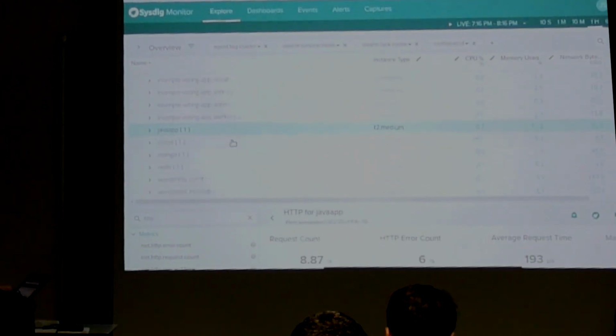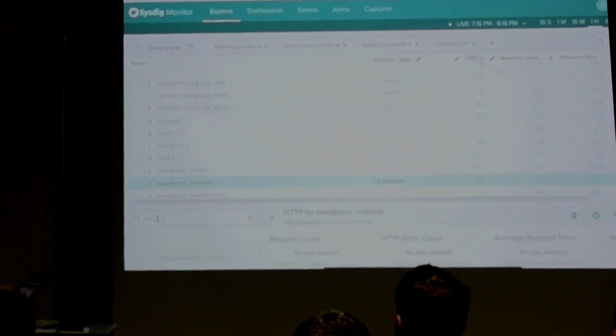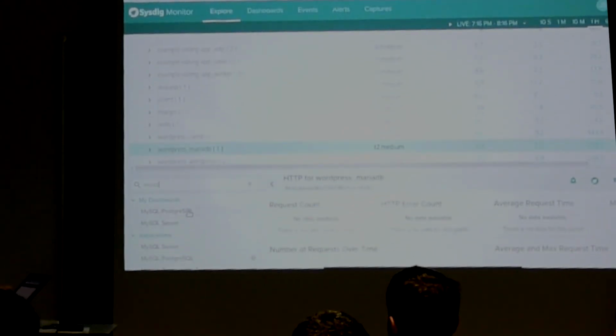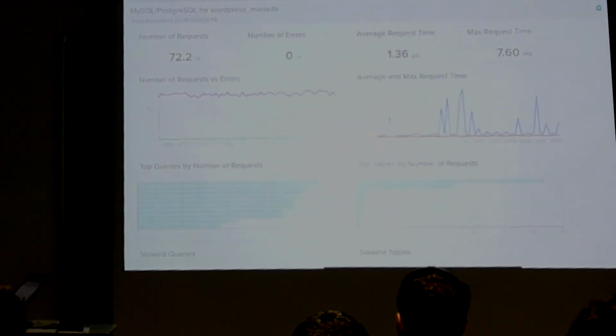Or I can go to this MariaDB application, apply a MySQL view, and get, I need to zoom in, and get all the MySQL requests of a WordPress application, already decoded.